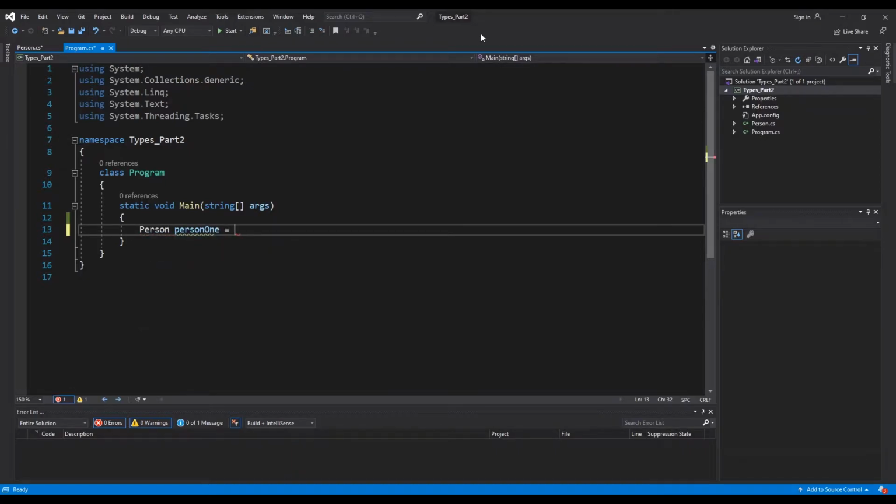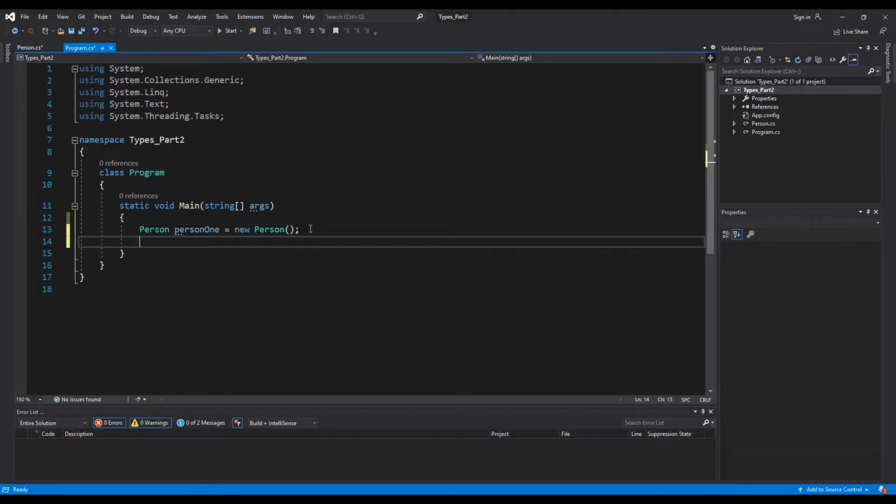person1 = new Person(); Now that we have an instance of this type, we can assign values to the two properties. So let's do that by typing in person1.FirstName = "Matthew";